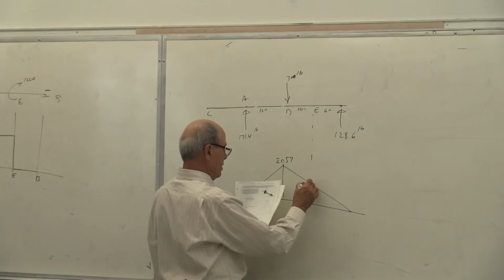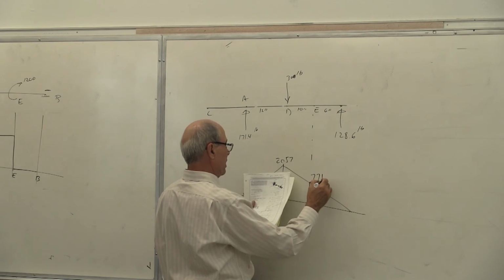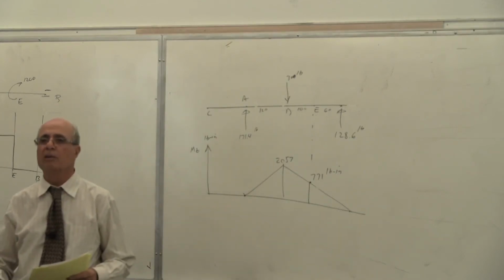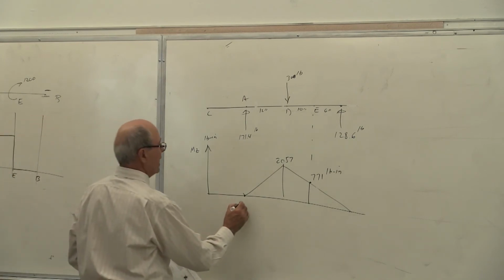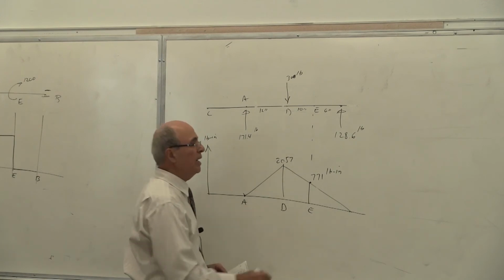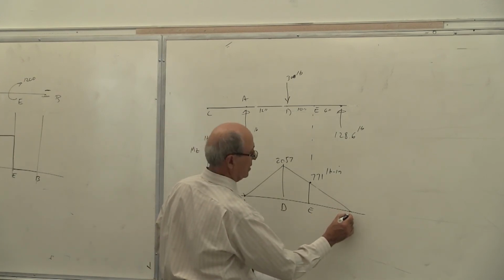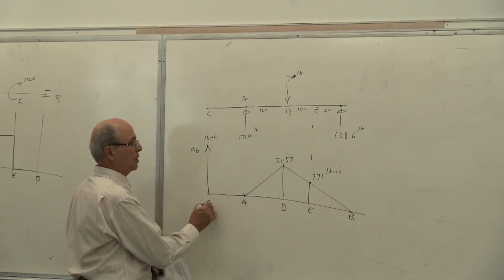So this number, don't spend lots of time doing that. I consider this sort of something that all of you know already. Is that correct or not? Because this is a simple beam, correct? Don't make any mistakes. So this is the MZ at point A. This is MZ at point D. This is MZ at point E. And that is MZ at point B. Okay. And this point is C.